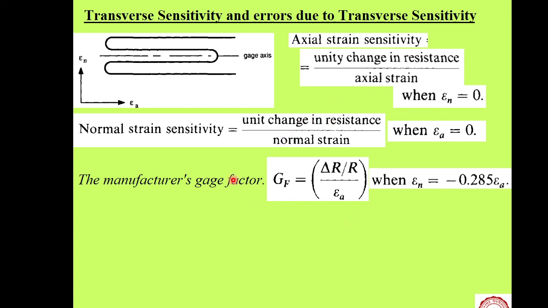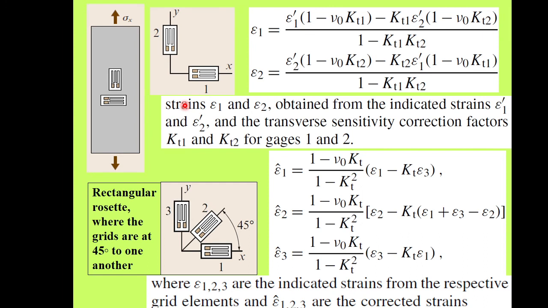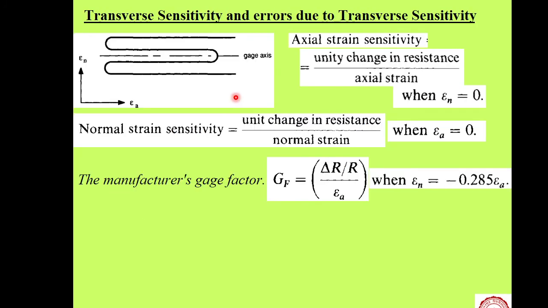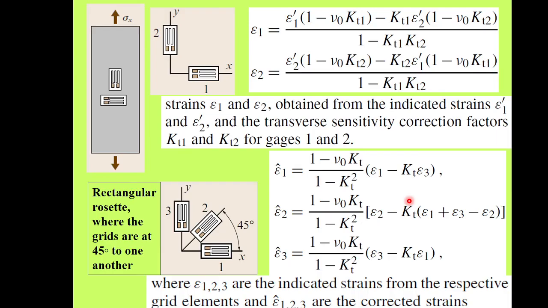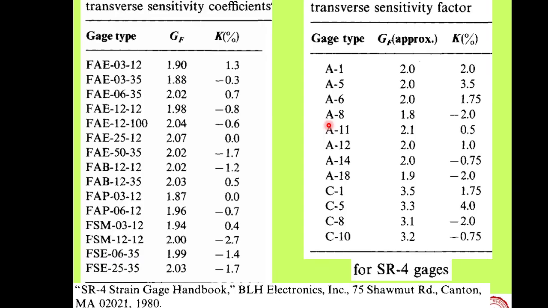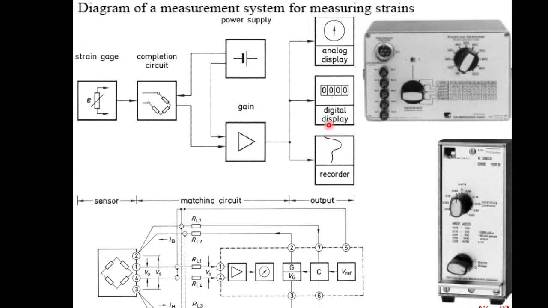And then we have a single gauge, and we have other types of arrangement. This is the arrangement where principal directions are known. This is the general orientation for different types of strain rosettes or a simple strain gauge. The error analysis part we won't discuss here. That remaining part we'll have in a separate lecture on error analysis, and the next part will be on actual experimentation. We'll carry out an experiment.